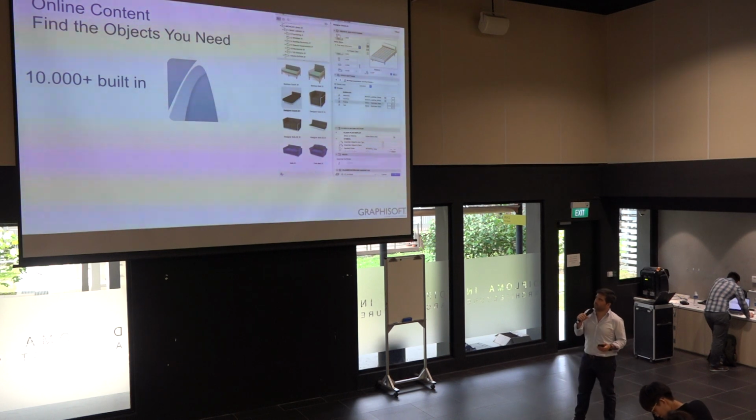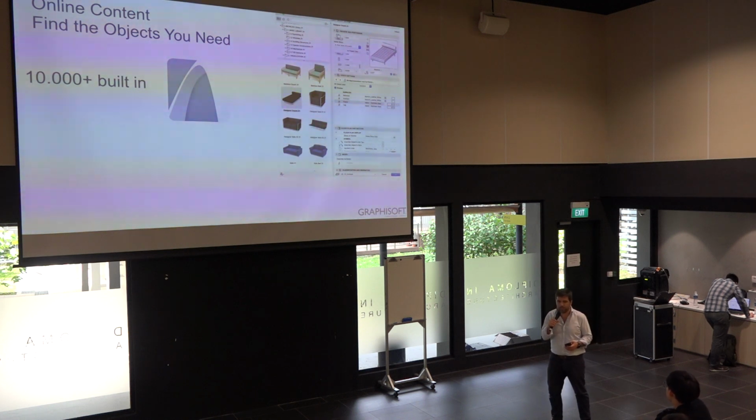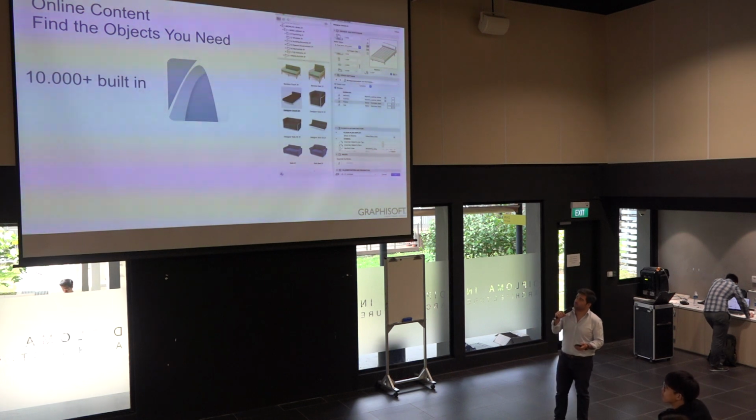So let's say you want to get furniture, or vegetation, or whatever it is for your model. ArchiCAD comes with more than 10,000 built-in objects, and each of these objects has many different variations. So if you choose, let's say,